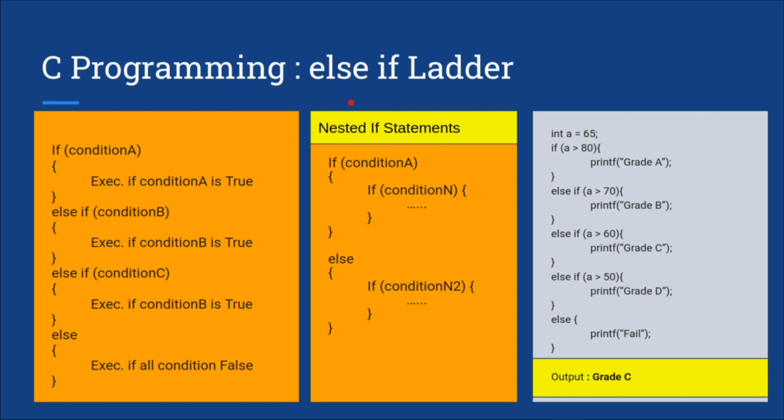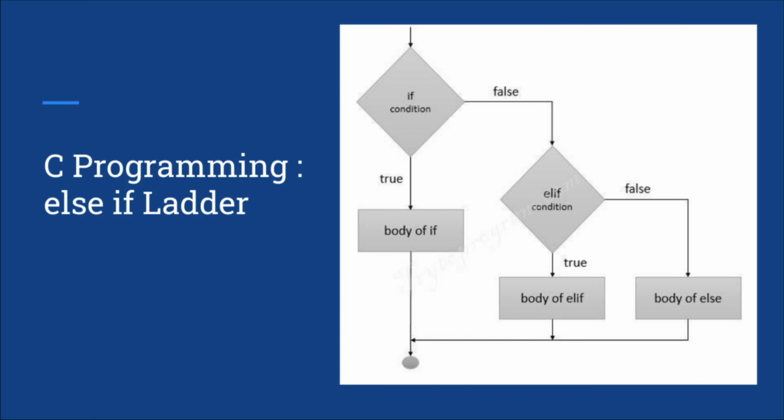So let's start with the next topic, that is else if ladder. What is that? Why do we use that? And what is the flow of that else if ladder? First of all, we need to understand this flow diagram to understand the else if ladder in C programming. And for the guys who are not familiar with if else, please go through the previous video. The link of the playlist is given in the description, so you can do the full course of C programming from topic 1 to the last topic. So let's start with the else if ladder.